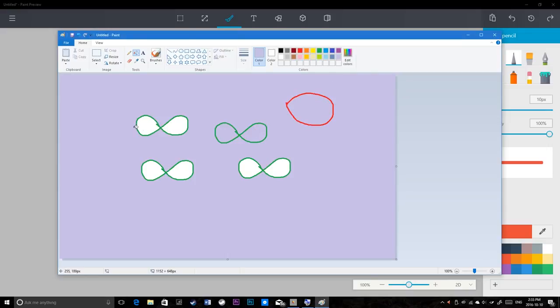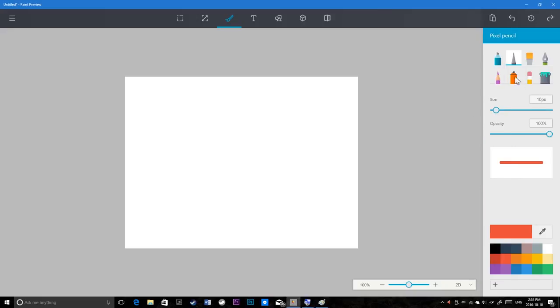Yeah. So even if your background was purple, you could still do this transparent thing. All you have to do is click on your color 2, use the color picker to pick the color you want to make transparent, or click it from the palette, right click to put it on color 2, and then use the select tool, select the item, and then again it's transparent. So this is a really useful feature. This feature unfortunately isn't there. So if I do this here,